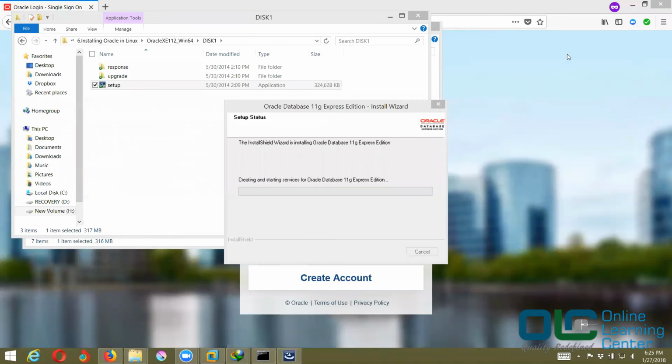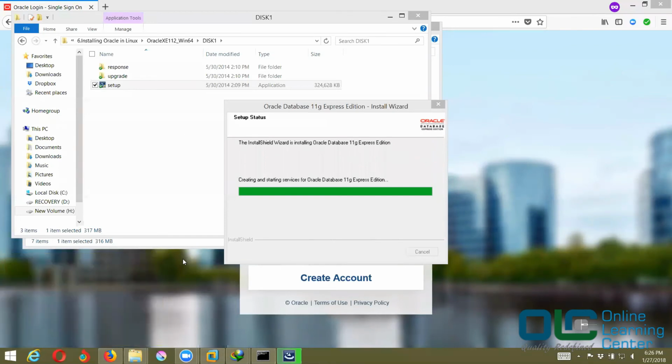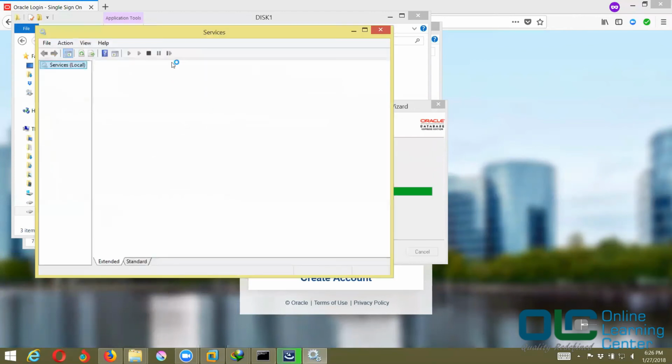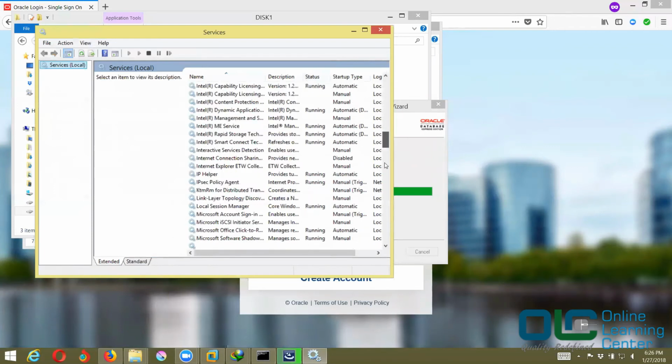Let me also do something like this. I'll open services.msc. Just type services.msc. So this will bring a window where you can see all the services running on your Windows operating system.